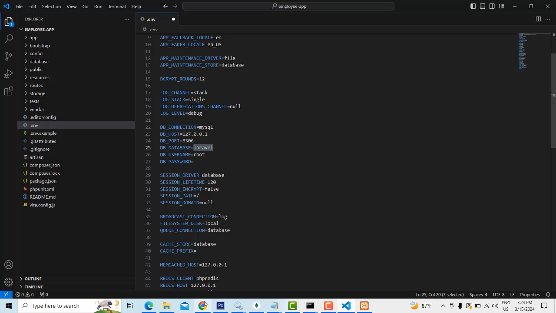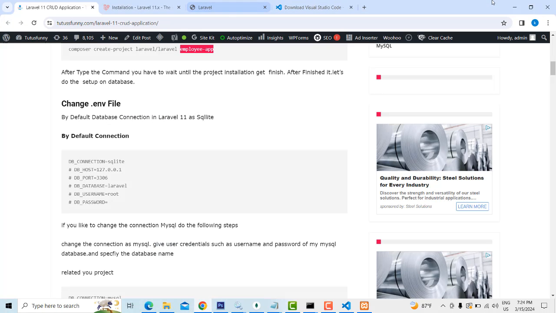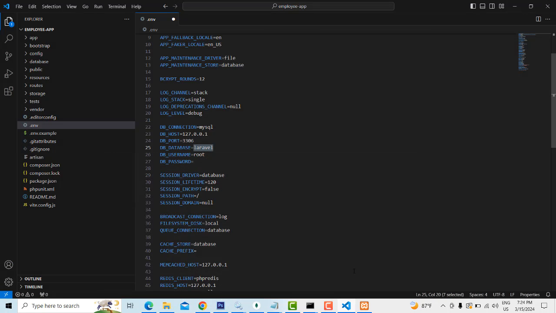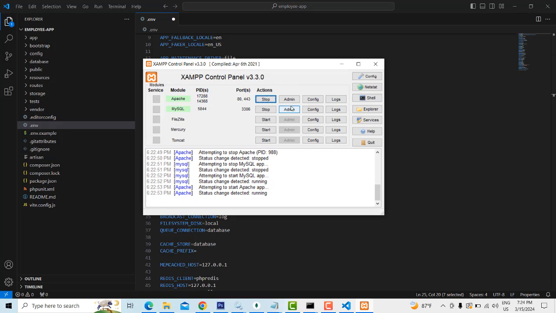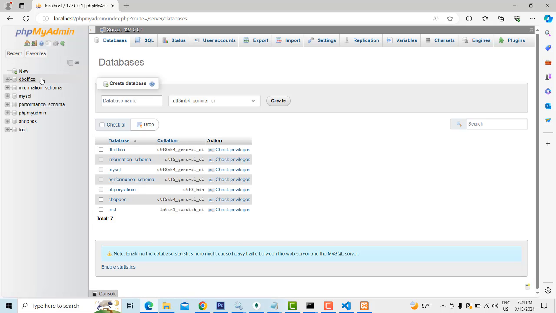So now what you're going to do is create a new database. Go to my XAMPP, go to the admin, click on this admin here. It goes to the MySQL dashboard to create the MySQL database. So here I'm going to create a new database, whatever name I choose. I already